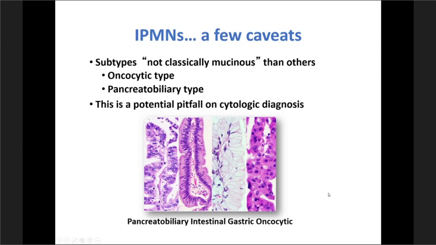IPMNs, a few caveats, not all are classically mucinous. There are 4 types. Remember that. No one would want you to subtype them, but remember that the pancreaticobiliary as well as oncocytic IPMNs have less mucin, and mostly the intestinal and the gastric types would be the ones that would have the classic presentation,